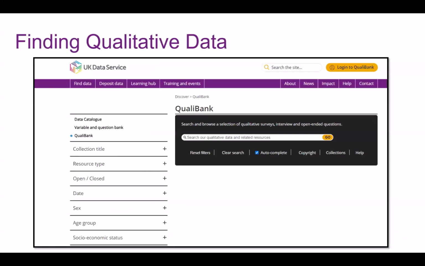But we also have a unique way to search for qualitative material specifically, which is QualiBank. This is an online resource that allows you to search, browse, and cite qualitative materials. You can get to it by clicking QualiBank, which is just below the search bar in our data catalog, or you can just add /QualiBank at the end of the UK Data Service.ac.uk website, and it'll bring